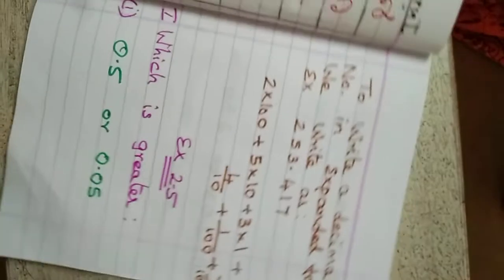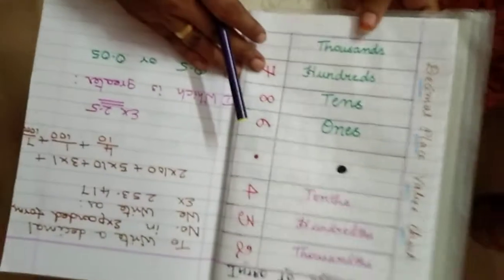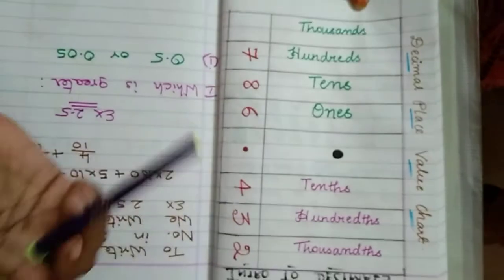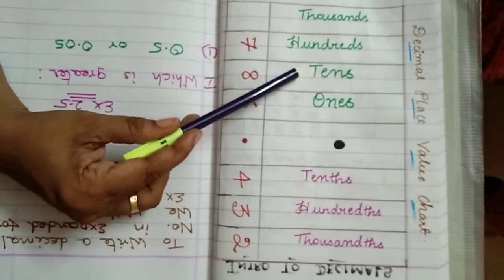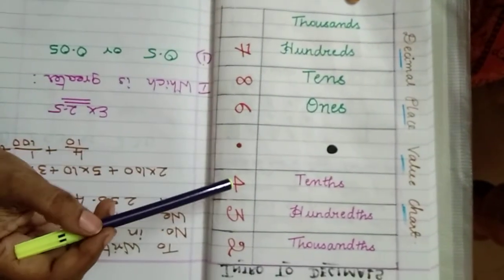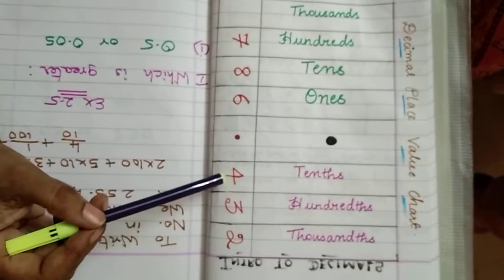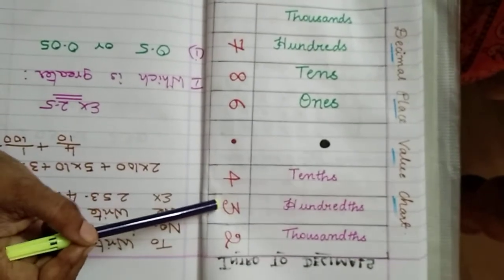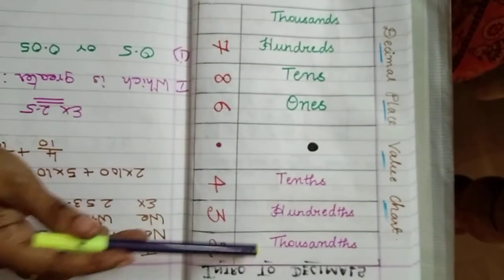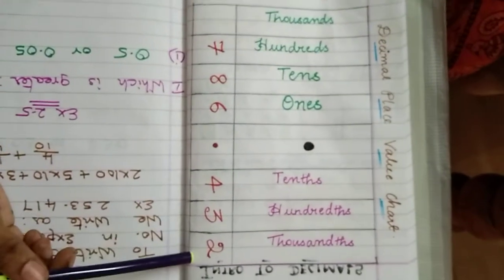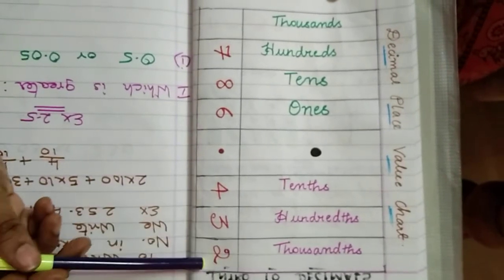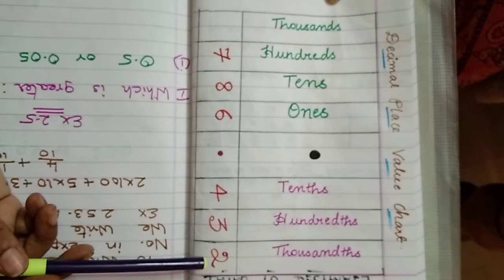Now I have a place value chart wherein you will clearly understand how to write a decimal number. Here you have ones, tens, hundreds, thousands and your decimal point, and after the decimal point we call the places tenths, hundredths and thousandths. You will add th at the back of the words, which represents the decimal number. So the number is 786.432 and it is not read as 786 point four hundred thirty-two.